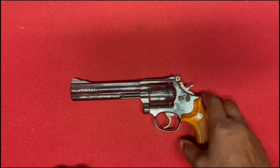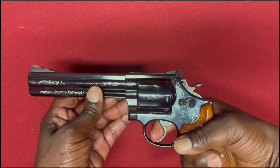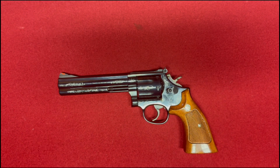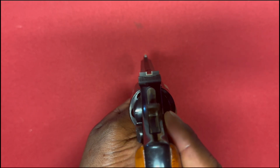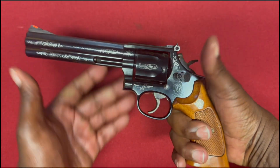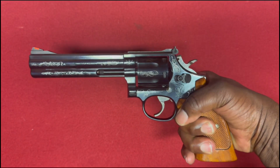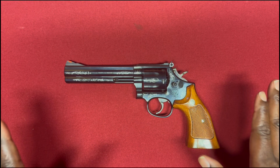The double action trigger is smooth and consistent, making it a joy to shoot. Plus, with adjustable sights, you can fine tune it to your style, and the grip feels right. Now I have pretty big hands, so see that it's still pretty good. I don't know if I want to, I might let it go, but guys, I got this for